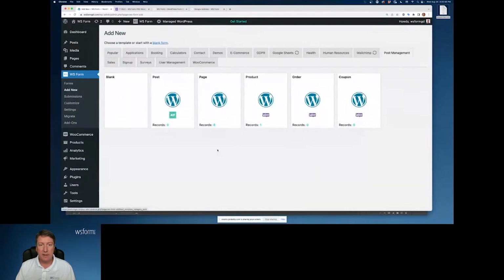And this will then show us the custom post types and the built-in post types in WordPress that we've got registered. So by default, you've got posts, and then you've got other post types such as page. And because we've got WooCommerce installed on this particular install, we've also got the product, order and coupon post types. And you'll notice on the post template, it's got an ACF logo. And that's because WS Form recognizes that you've got ACF installed